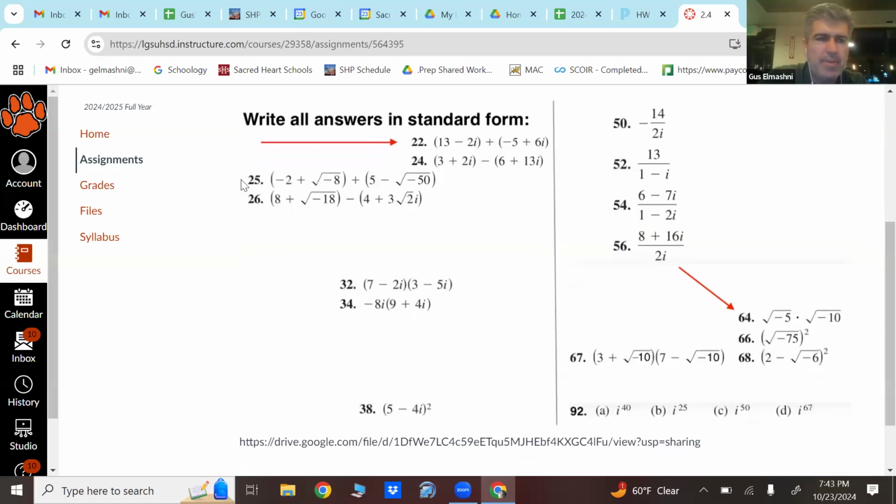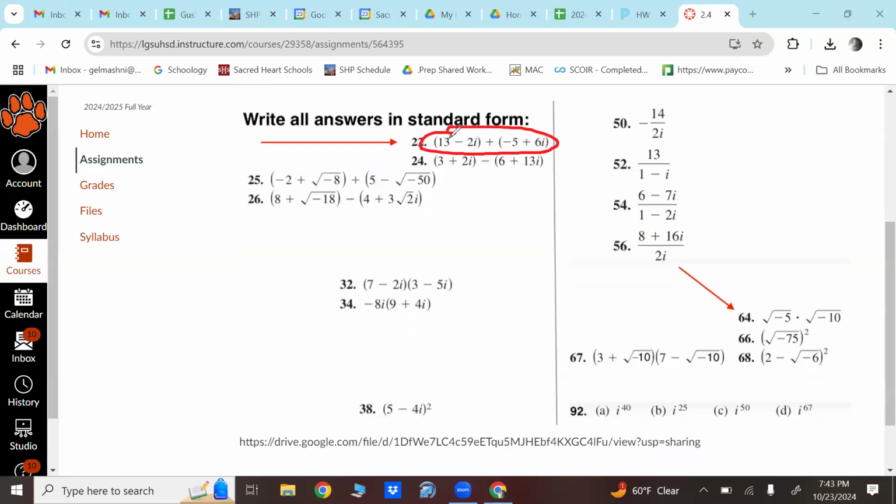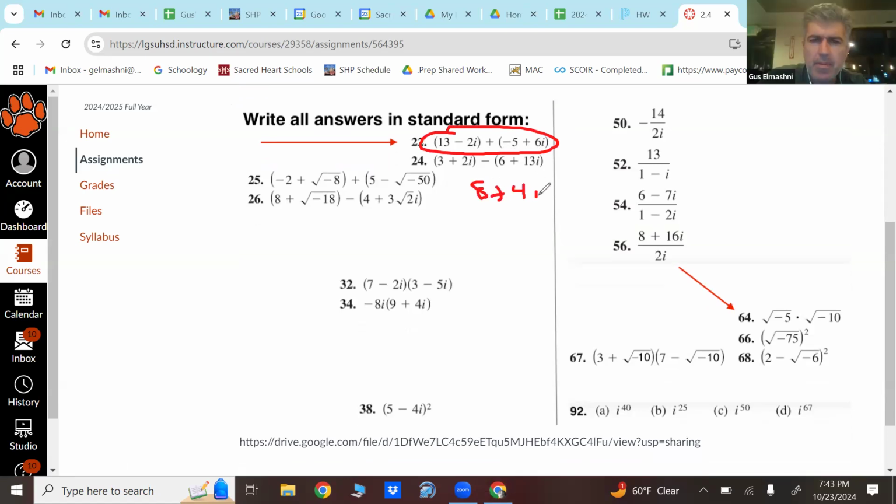This is actually really easy stuff. You just combine like terms. So that'd be 8 plus 4i. Or this would be -3 minus 11i. And this, obviously you can make this 8i. Sorry, 2 root 2, -2 plus 2 root 2i